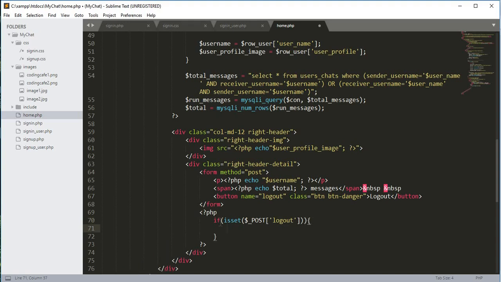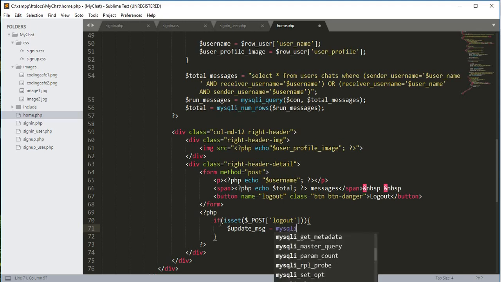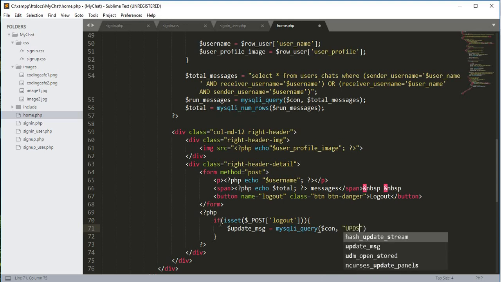So if the user clicks on that logout button, then we will update the database column to offline. Okay, so we will create a variable update message. It will be equals to mysqli_query, mysqli query. Then we will pass the connection variable, and then we will say that